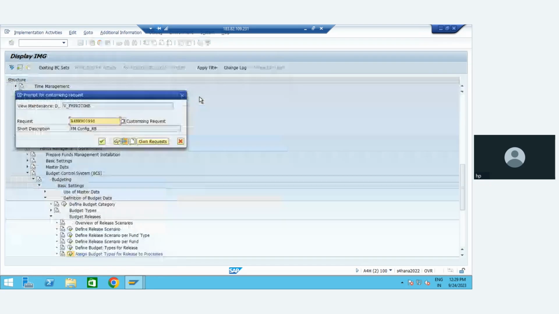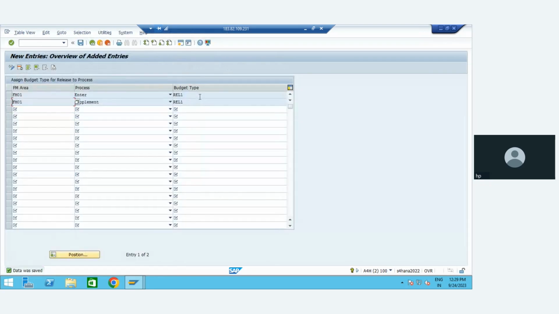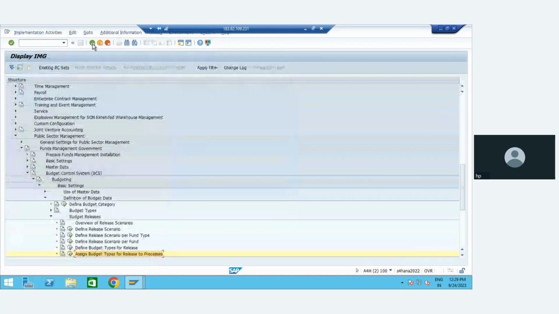Okay. So see, for both enter and supplement, you have set. Now, if you want to set send, receive, or purpose return process, you can also set it. Release we created, fund type not required, and then we'll go to next